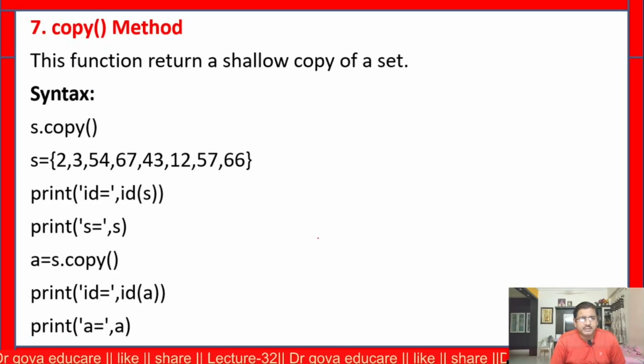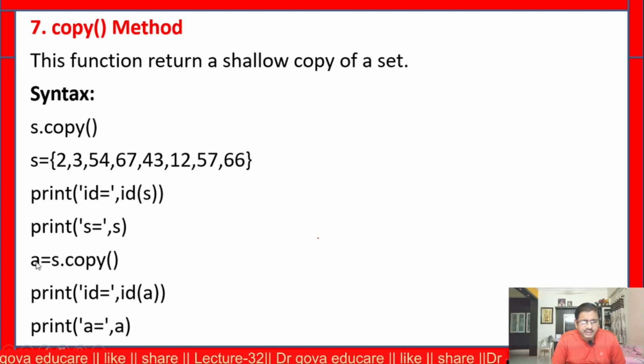Next, the copy method. This function returns a shallow copy of a set. Observe the syntax: s.copy(). In this example, s is the set, and I want to print the id of s, that is the address of the set. a = s.copy() copies the elements of the set into a.